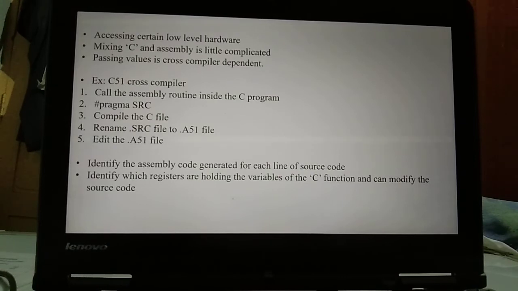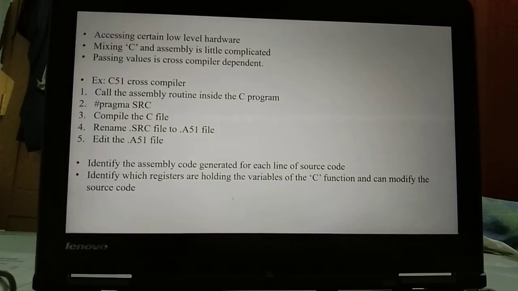One example can be taken, that is the C51 cross-compiler. Mixing assembly with C can be better explained with this example. Call the assembly routine inside the C program and pass the necessary parameter from the C program to the assembly routine, and the assembly routine should return a value from the assembly routine to the C program.